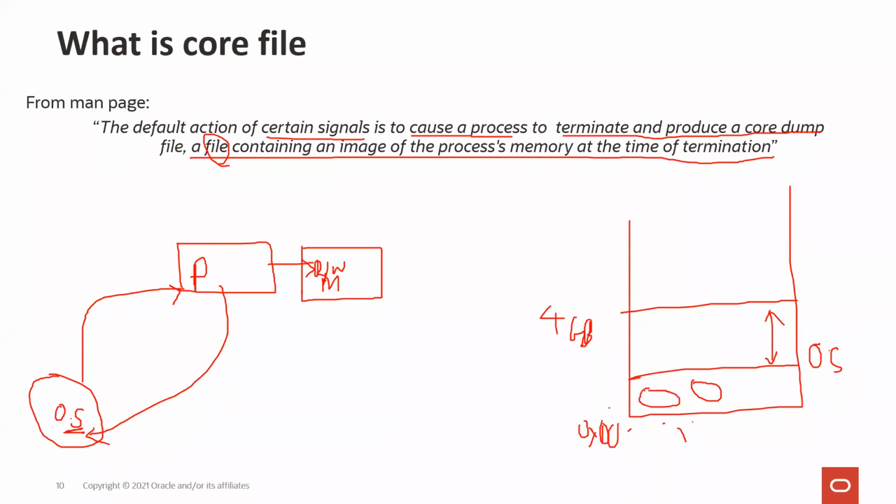So this is the core, in the sense that the operating system is also written in some native code, so it has to be running all the time. Now your process is running in user space, and this is running in kernel space. I will explain with respect to Linux, which is easier for you to understand. So user space and kernel space. Now somebody from user space is trying to modify something in kernel space, which is where the operating system is loaded, or running its own code.